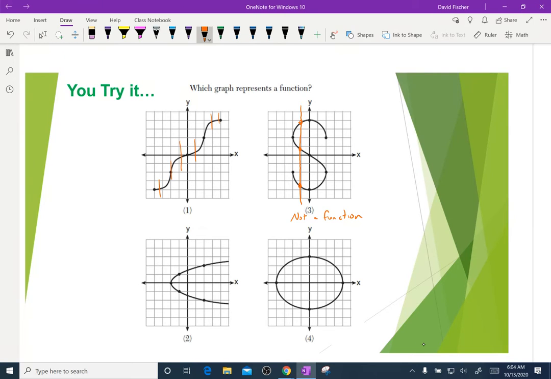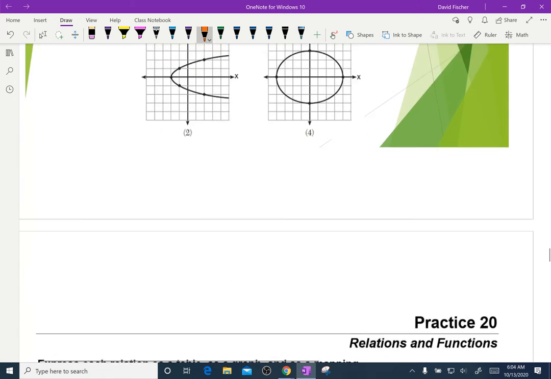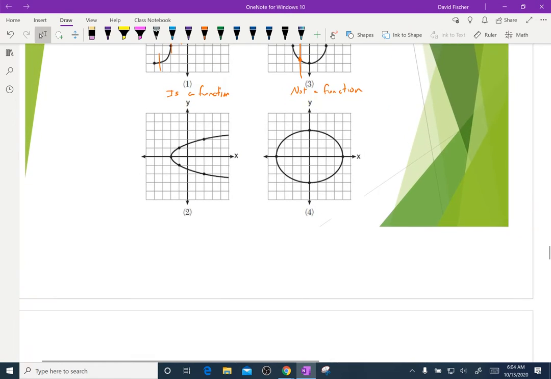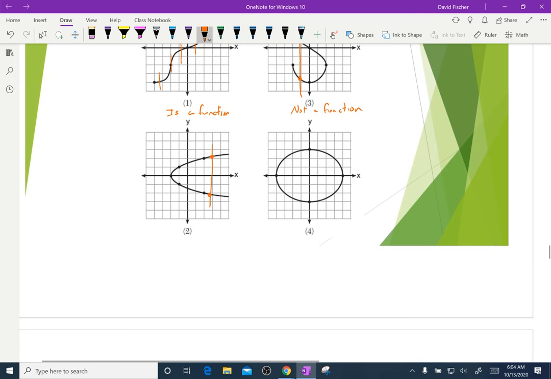This one was a function. And down here, this one would not be a function, because if I drew a line right there, this one's obviously not a function. I just wanted to talk about how sometimes you'll see a graph that maybe goes something like this,